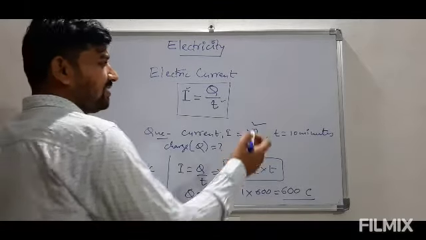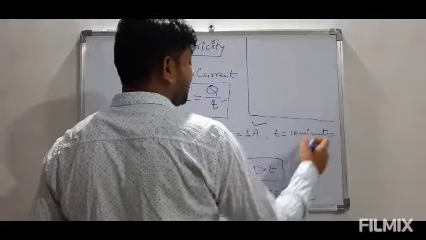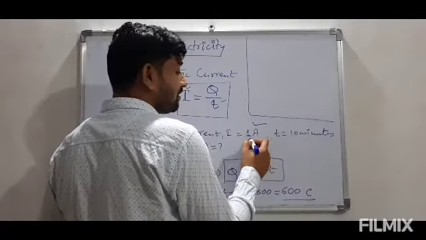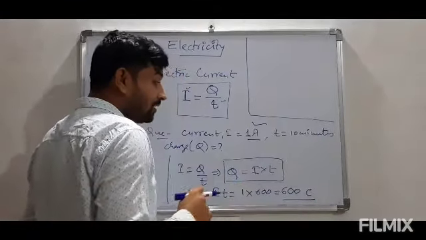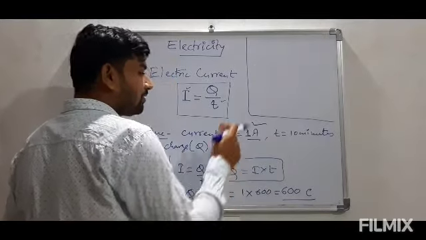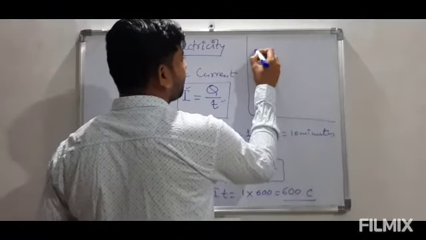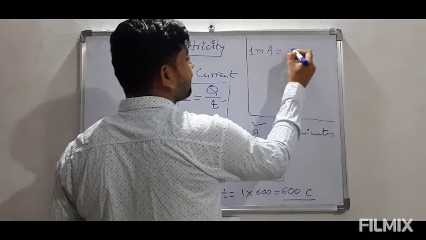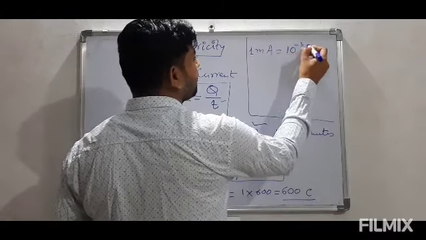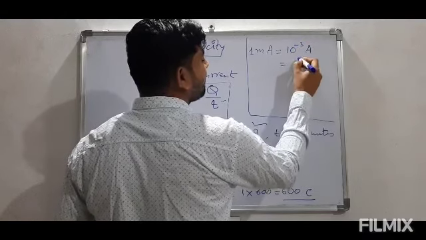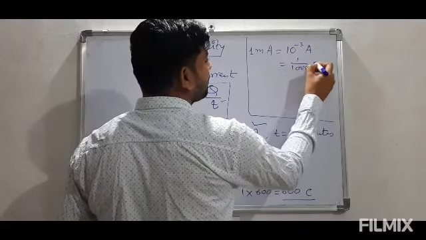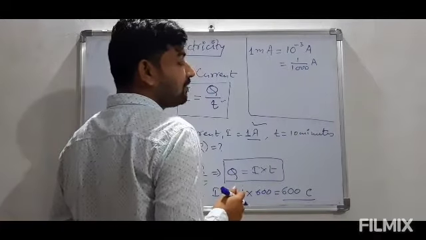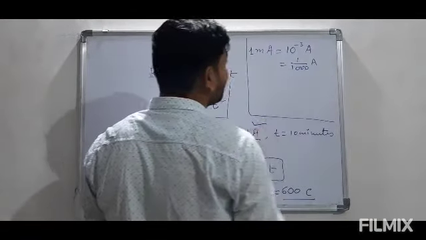Now there is some other thing, like everywhere we will not get the same ampere SI unit of current. So there are some smaller units. If we write milliampere, 1 milliampere is 10 raised to power minus 3 ampere, that is 1 upon 1000 ampere, the 1000th part of 1 ampere.